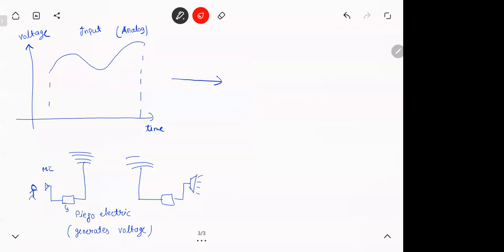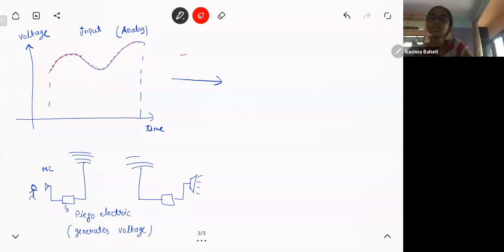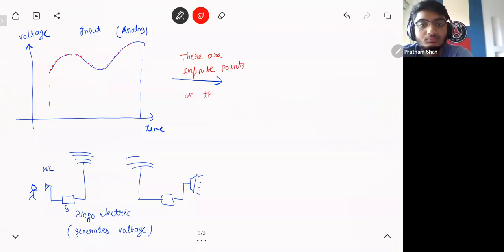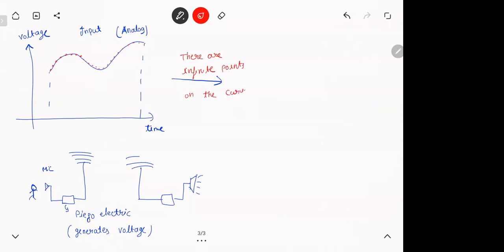Now this machine, whatever is there, how many points are there on this curve? Anyone? How many points are there on that curve? Infinity. So there are infinite points. Now, if you tell the computer to record the voice, it should count infinite points, no? For infinite points, how much space will it take? Infinite space. Meaning just to record a minute of your voice, it might take infinite GB. Just think about how weird that looks. So there is a problem there.